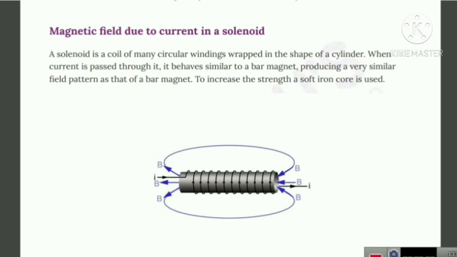What is the application of this solenoid? A strong magnetic field produced inside the solenoid can be used to magnetize a piece of magnetic material like soft iron when placed inside the coil. Thus, the magnet so formed is called an electromagnet. Now, you have to draw the magnetic field lines in a given region that is uniform. Draw a diagram to represent the magnetic field lines around the solenoid.